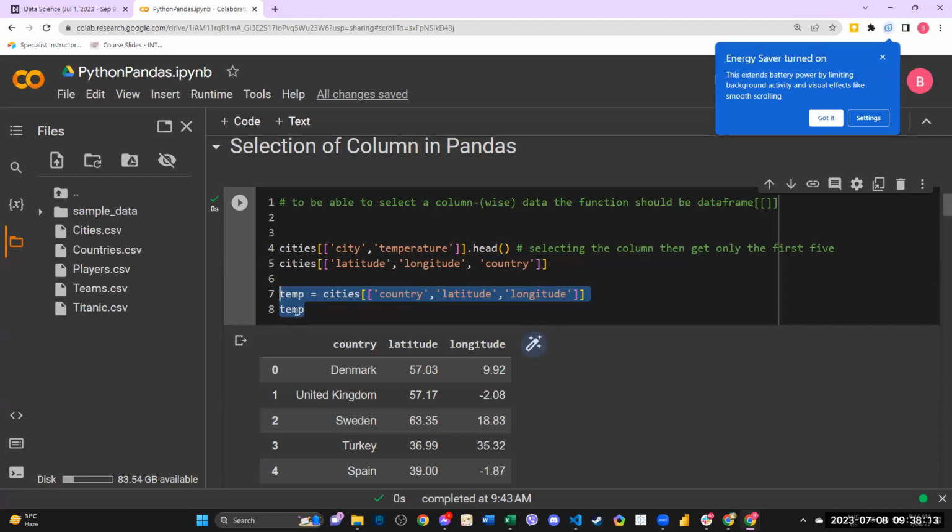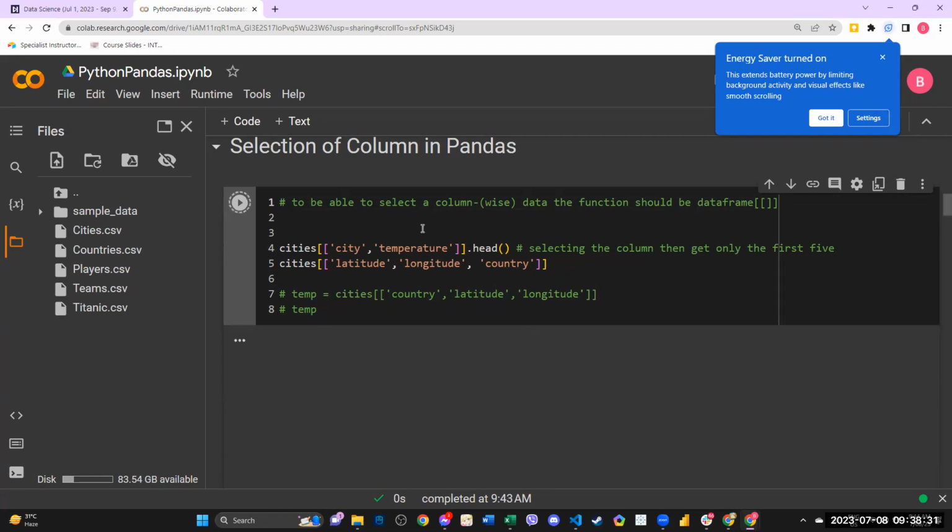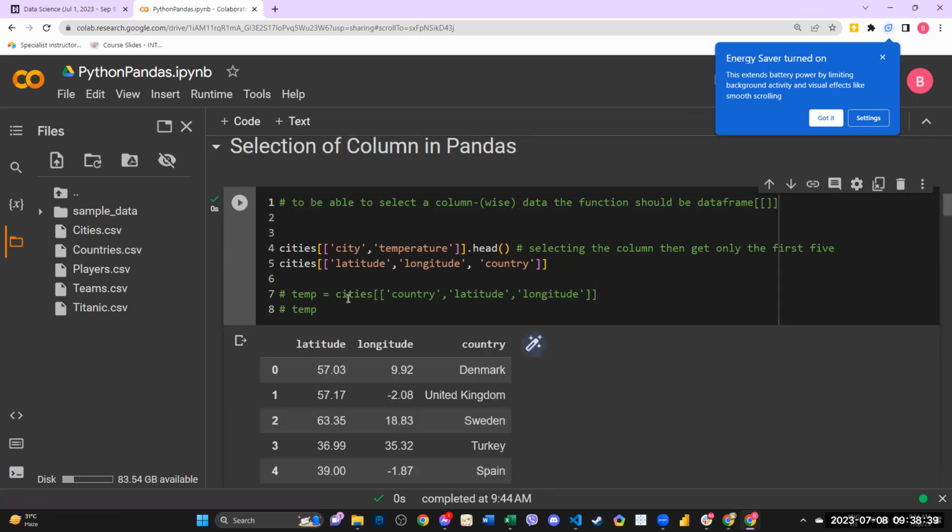If I comment them out, so putting an asterisk makes them a comment. What is the meaning of making them a comment? They will not be visible and they will not be printed. So this result is actually coming from this code. If I comment this out again, we will see